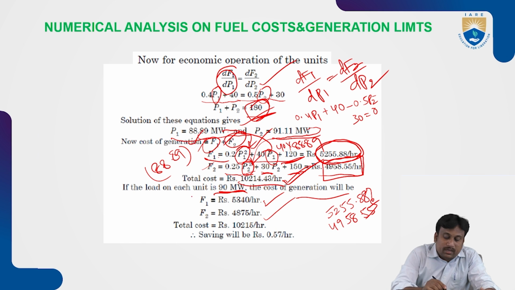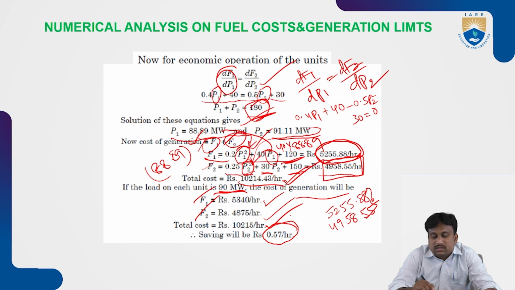Like that we may obtain F1, F2 values. Now, when you make this total cost, you may obtain a value of 10,215 rupees per hour. So how much saving is obtained with this? There will be about 0.57 rupees per